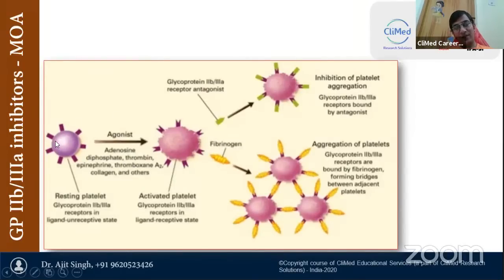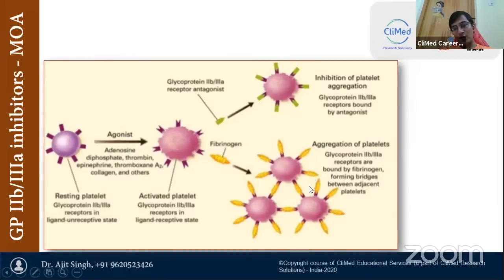These platelets are activated by other factors, and now they invite thrombin, epinephrine, thromboxane A2, collagen, and other factors to bind to this activated platelet. But when we are not giving GP2B3A inhibitors, this fibrinogen will come and bind here, and you can see on the lower side, this fibrinogen binds to this GP2 receptor and invites other platelets to bind and make a plaque,